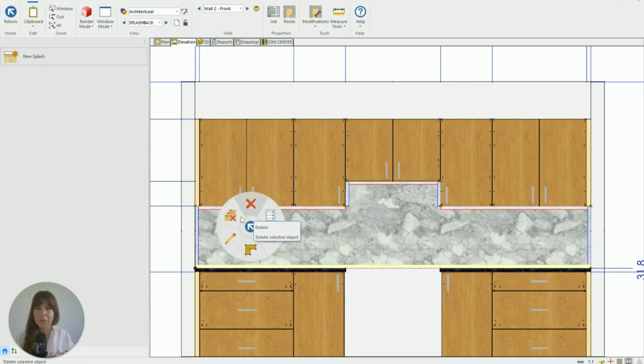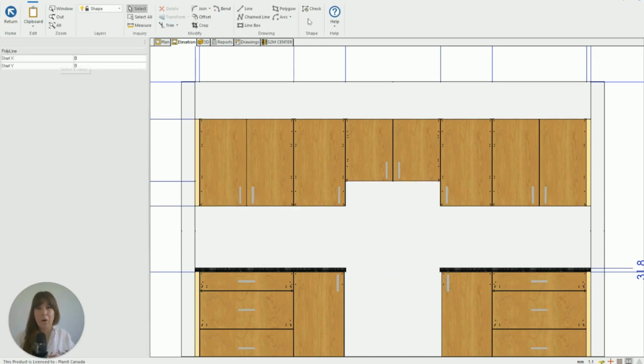I'm just going to delete this one and show you my favorite way. Personally, I find that the polygon tool is really good, but I'm not that accurate all the time with it. So I actually prefer to use the line box tool. If I click on one corner and then drag up to another corner, it creates a full box for me. And in a room like this, I need to have another box up here.